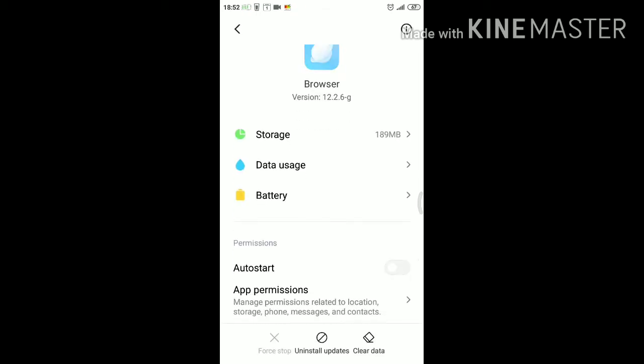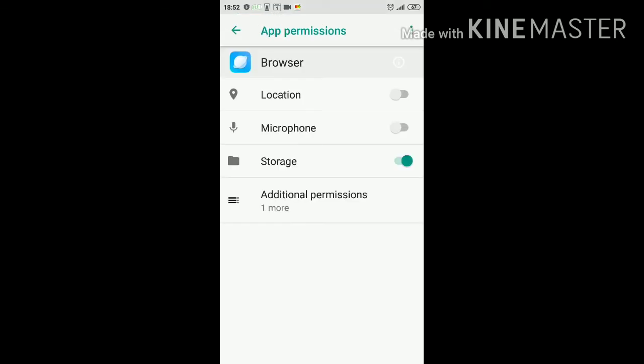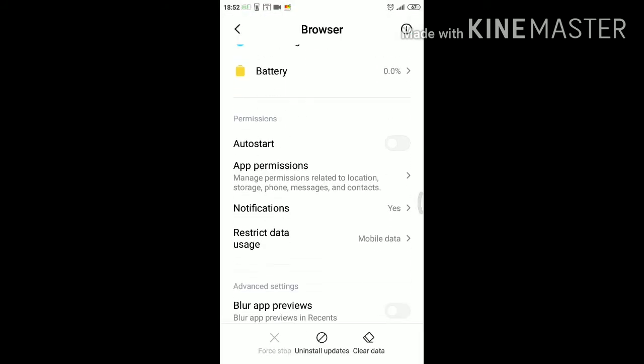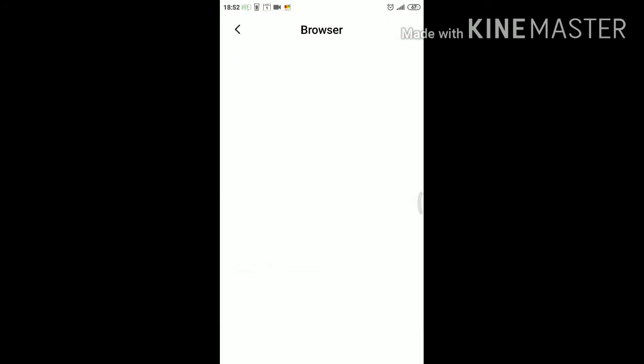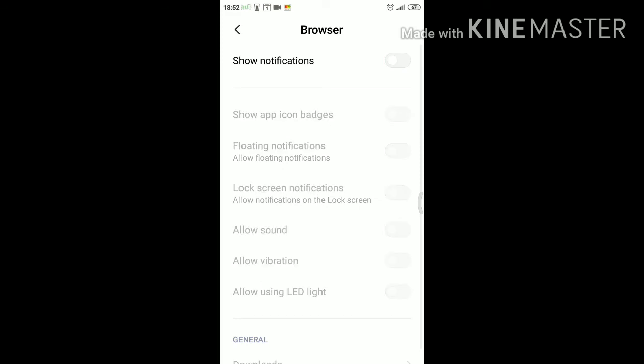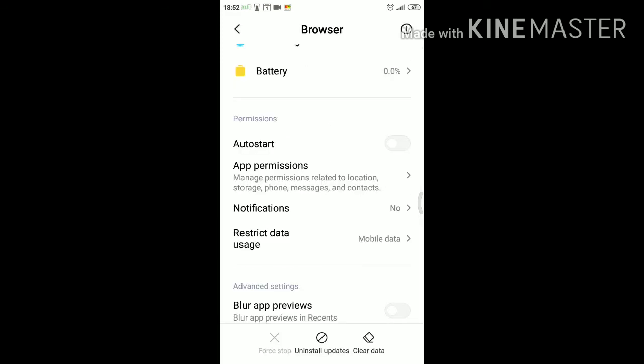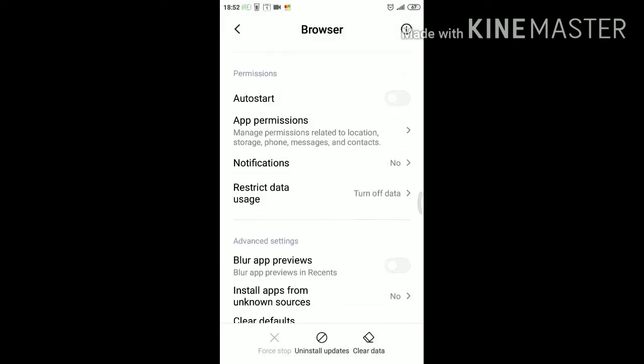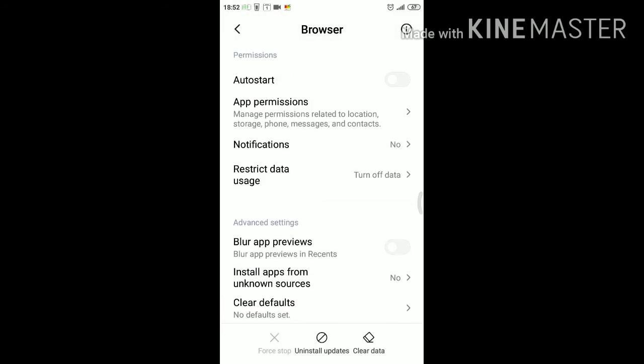Instead I'll go into app info, then I'll see whether auto start is on. In app permissions, I'll see it's having storage access, and I'll switch it off. I'll switch off all the app permissions which I have given. I'll see notifications, I will switch off notifications, because I don't want any notification from the app. I'll restrict data usage, so that whether it has mobile data or Wi-Fi connection, it won't work. I'll first disable that one.